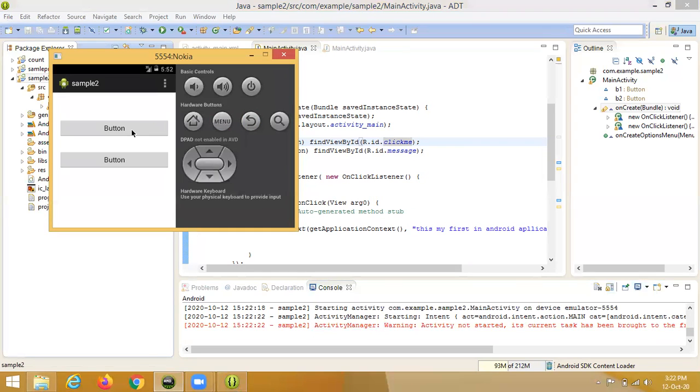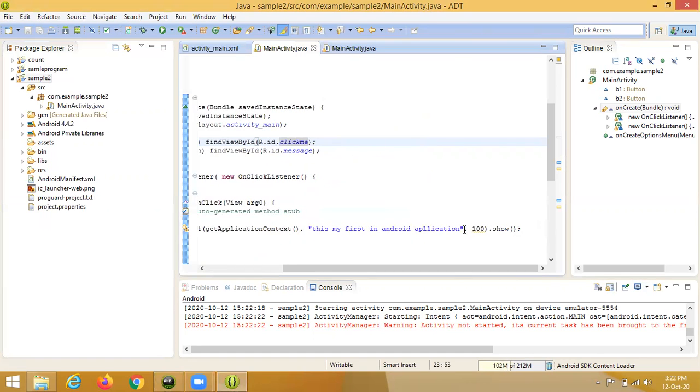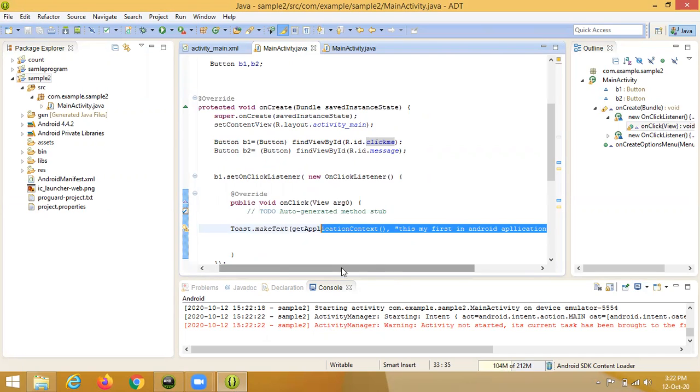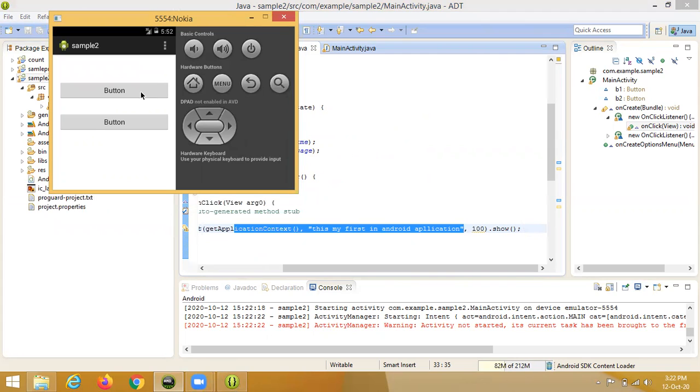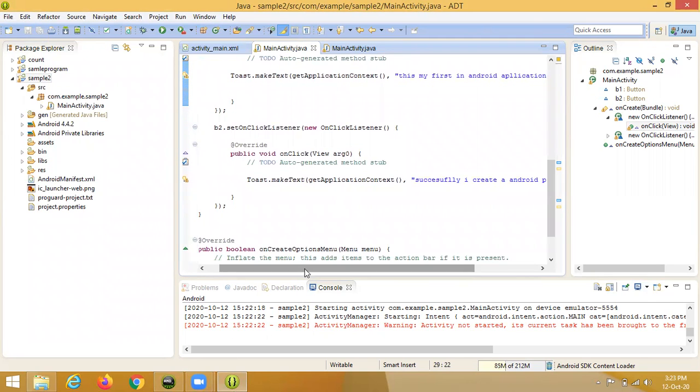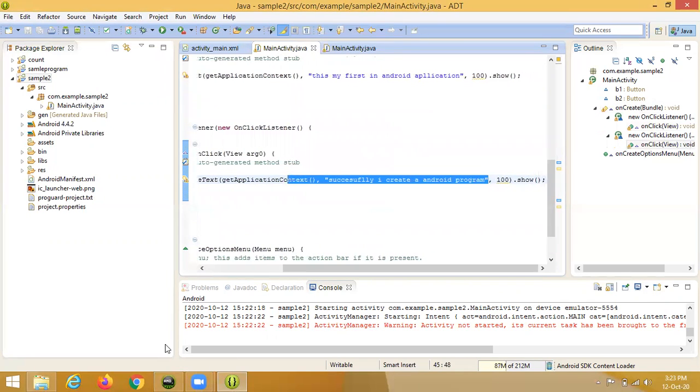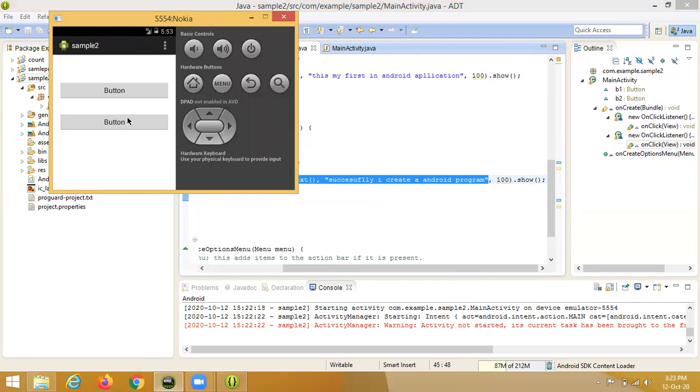When we click the second button, it also gives us a message: successfully I created an Android program. When we click again, the same content is shown.